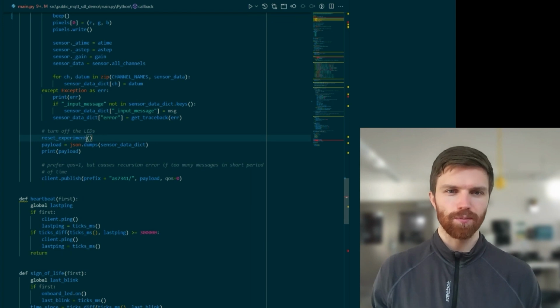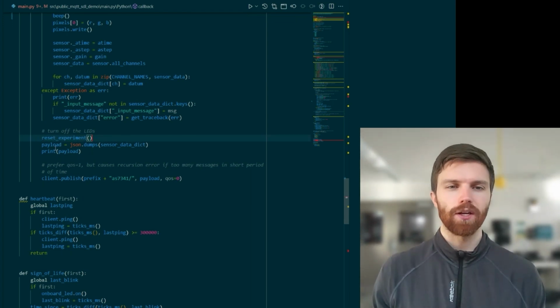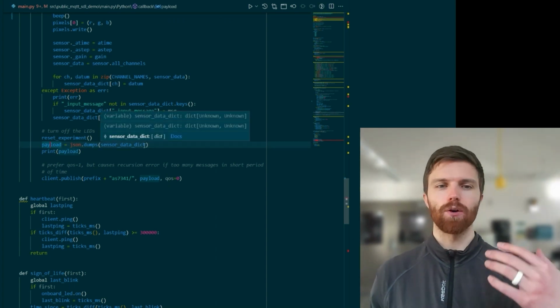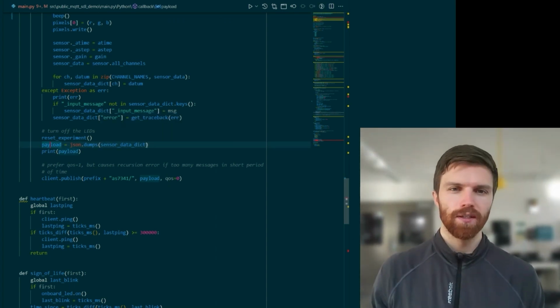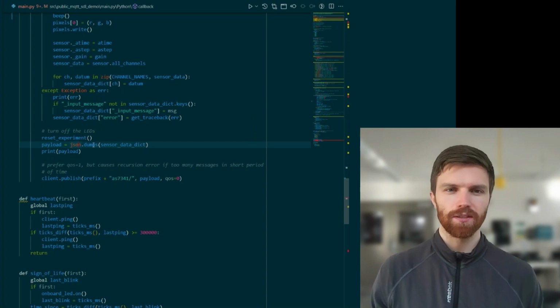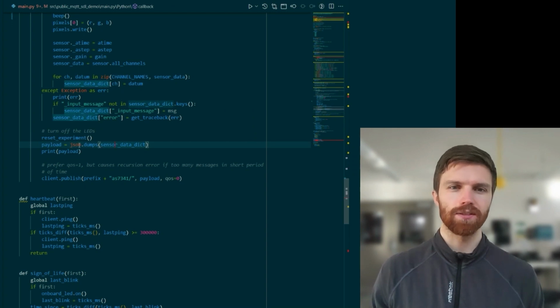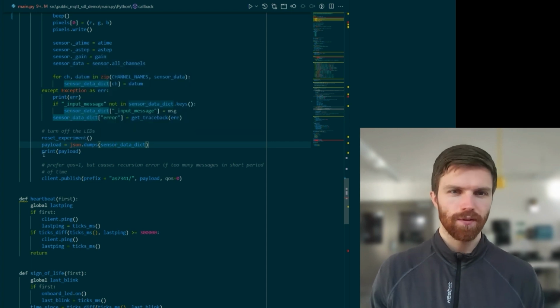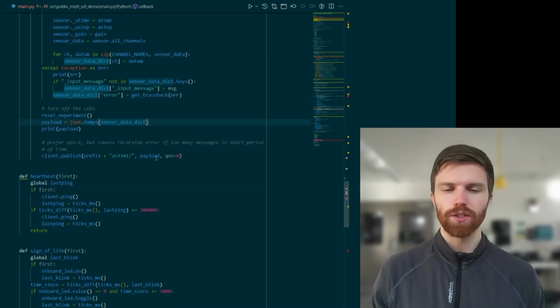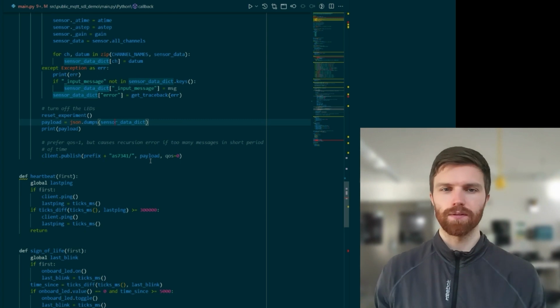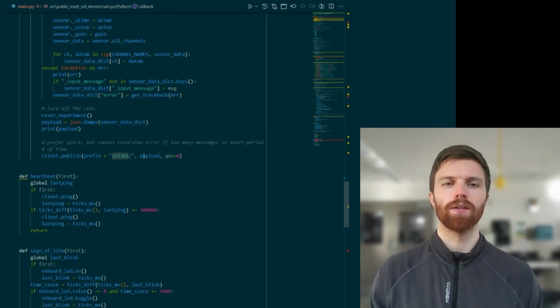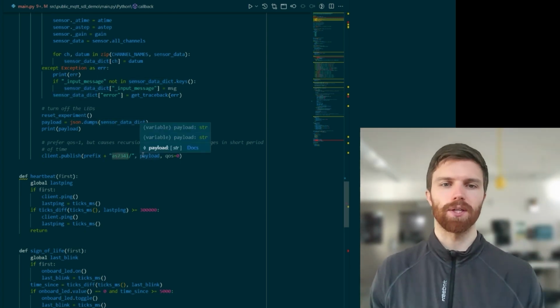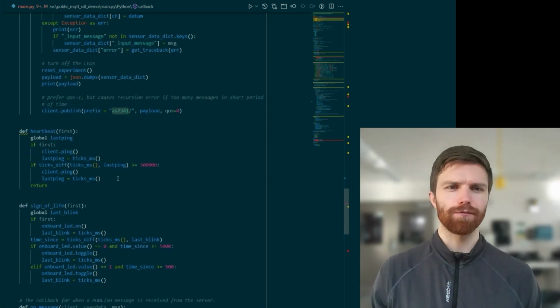And once that's completed, we reset the experiment by turning off the LEDs, create our payload that we'll be sending over MQTT using JSON.dumps. So it takes this dictionary and turns it into this JSON string, I believe. And then we publish our payload to this AS7341, which is the name of the sensor, to that topic. We'll also have a few functions